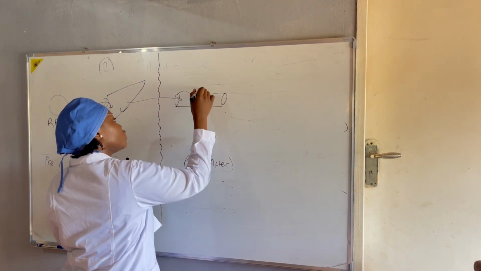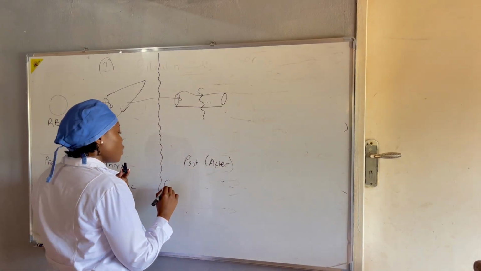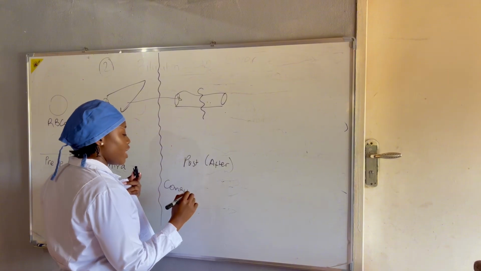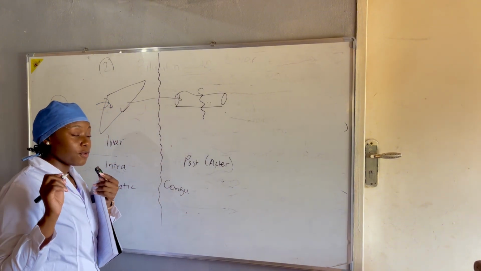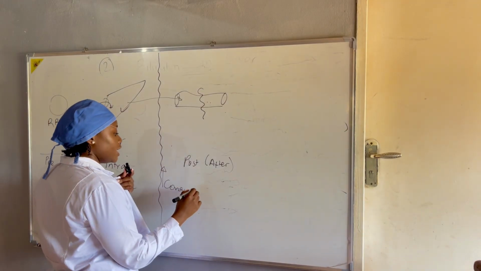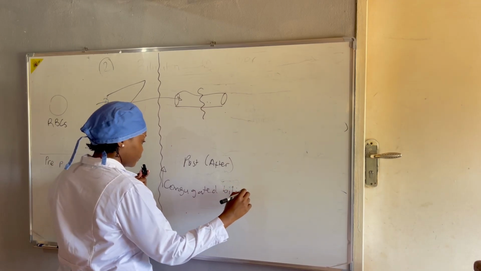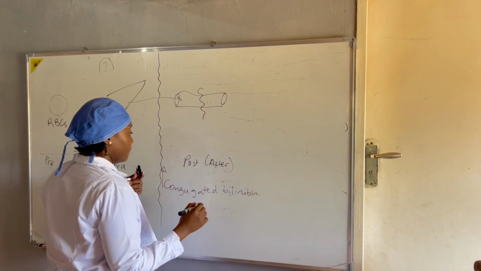Could there be an obstruction somewhere here? We don't really know. So if we do the lab results and we find that we have high conjugated bilirubin, then it means the problem is here,